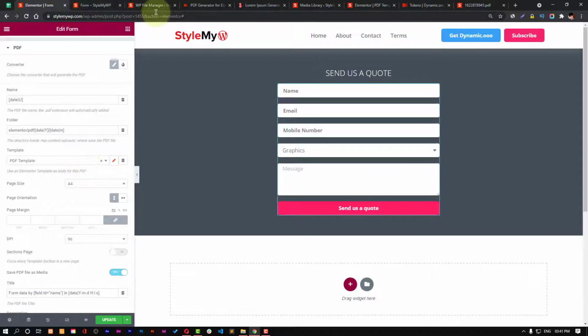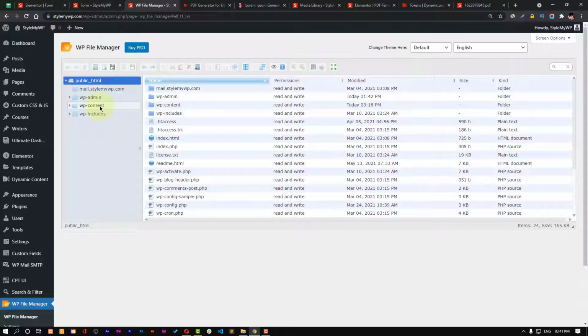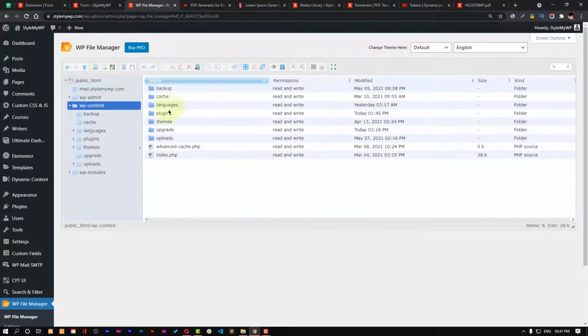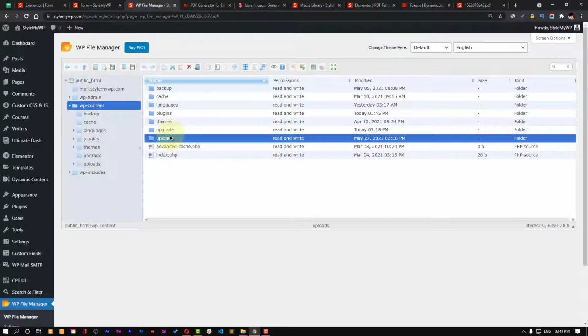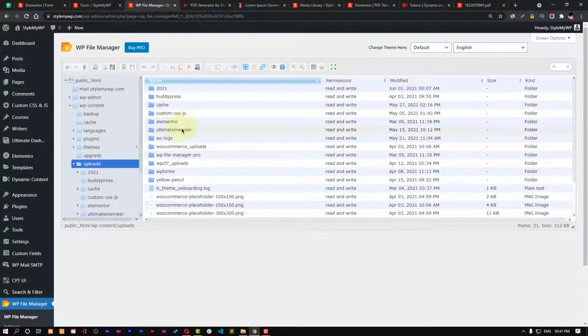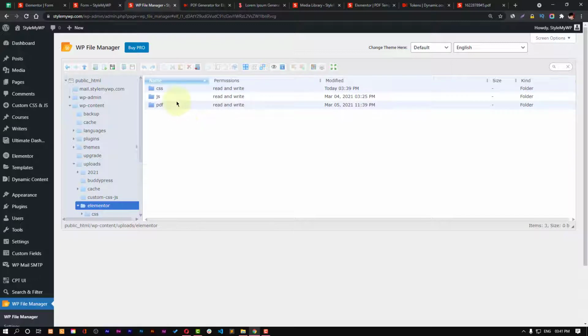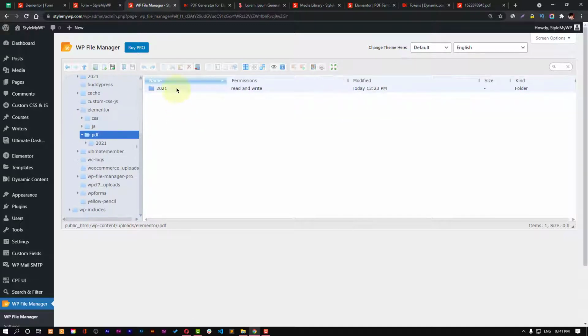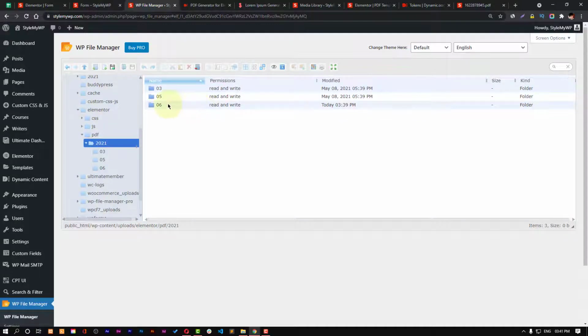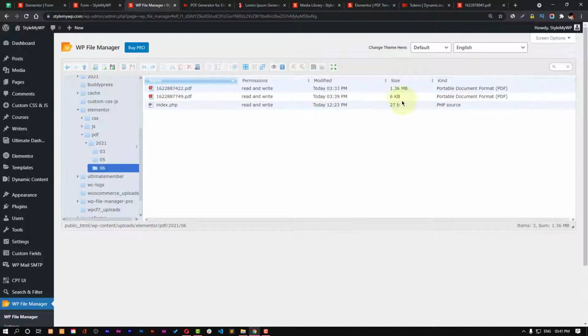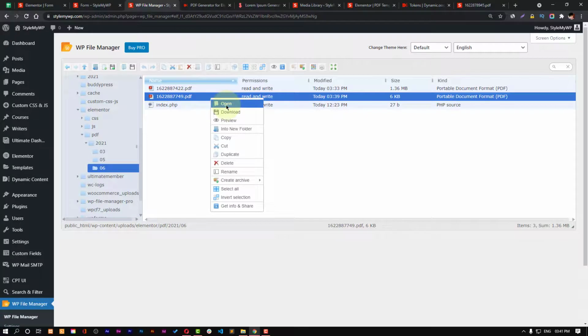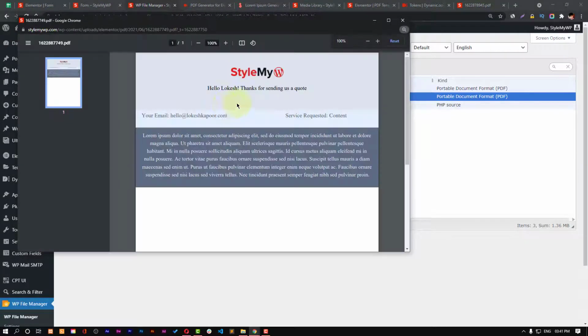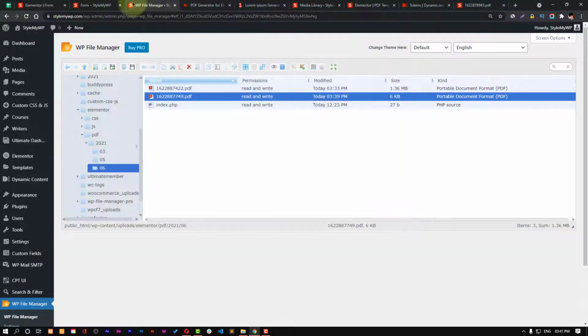You can fetch it from here, like wp-content, then uploads, Elementor, PDF, 2021, and the date. This is the latest one, and I can open this. Yeah, so it's working very well.